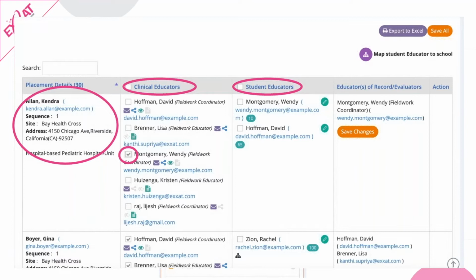Once you do that, it will automatically populate the educator of record column here with that person that you've selected. So then you'll want to just click the save button and you'll be finished. However, you are going to want to do this for every single student. So if you're doing this in one go and checking off 20 students at a time, you probably don't want to click that save button 20 times. In that case, you can just check them all off and then click the save all button at the